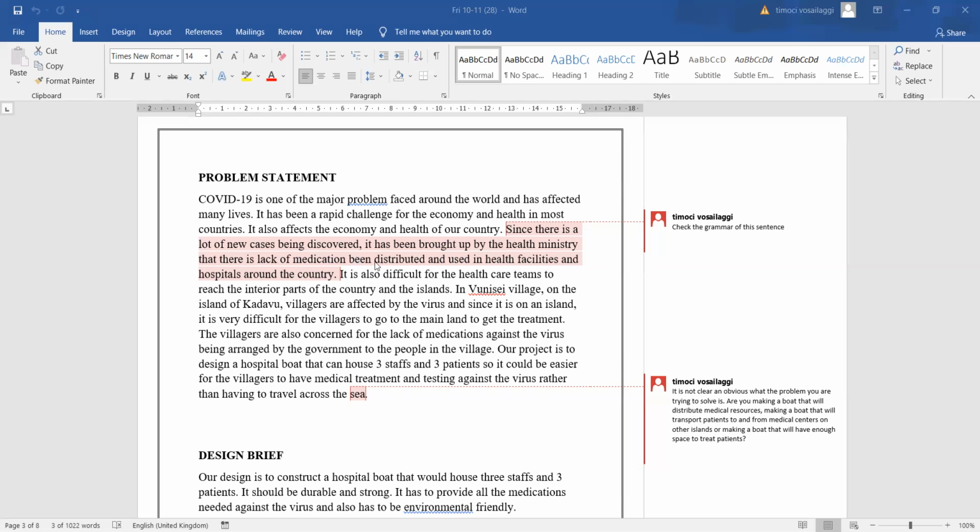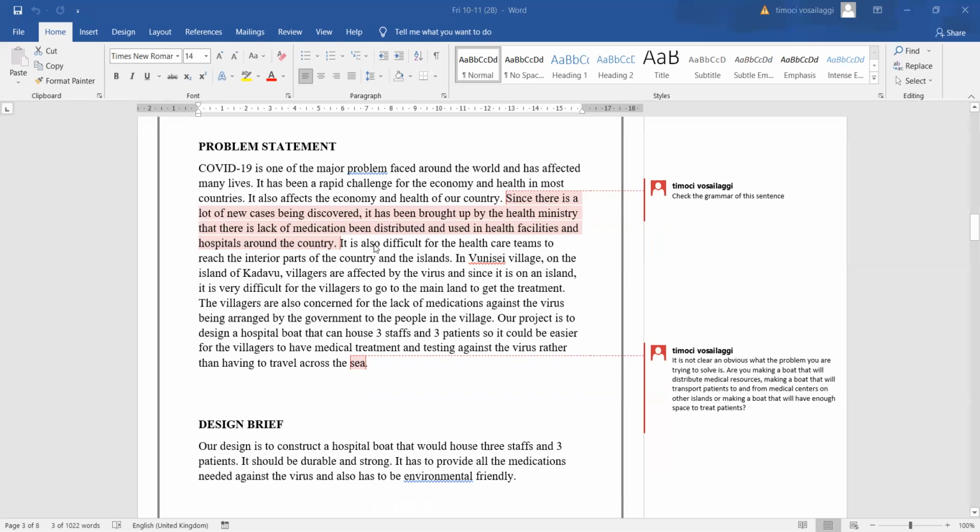Since there is a lot of new cases being discovered, it has been brought up by the Ministry of Health that there is a lack of medication being distributed and used in health facilities and hospitals around the country. You may just want to check the grammar of that sentence. But at the end of your problem statement,